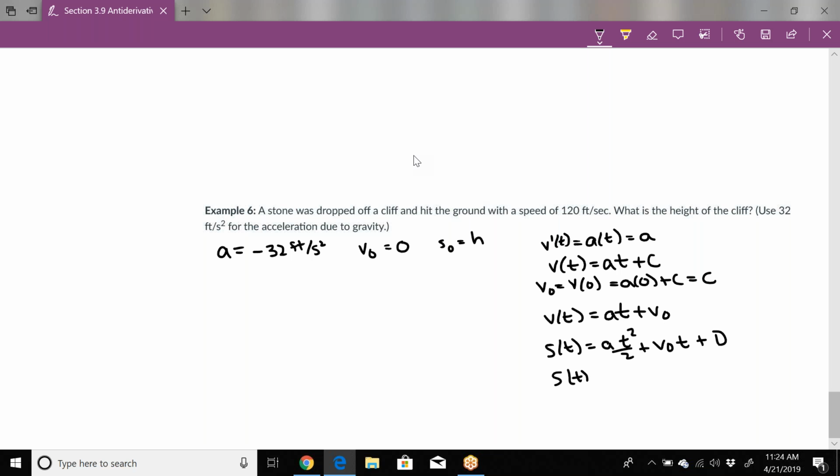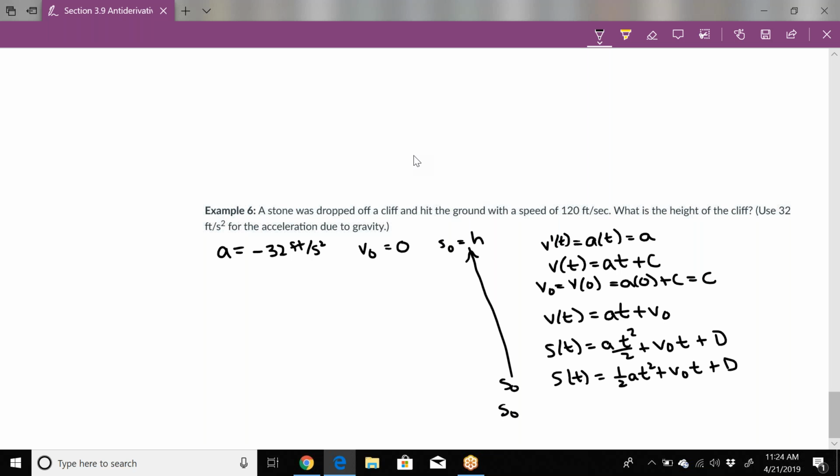So that means that s of t is 1/2 a t squared plus v sub 0 t plus d. And we know that our initial height, that's what we're solving for, we're just going to call this s sub 0, the initial height. So if we let that be d, essentially,